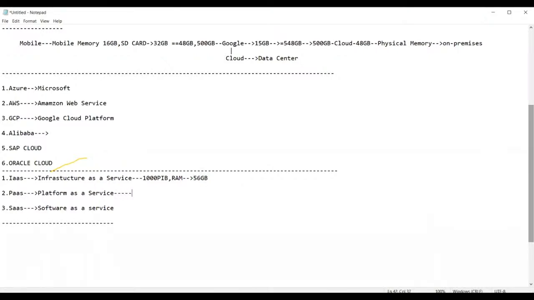Next, after this, platform as a service. Suppose, guys, suppose. What is a platform? A platform is generally a type of operating system. Now guys, we are using Android as an operating system, and Apple is using some other operating system. So these are the various operating systems used by various